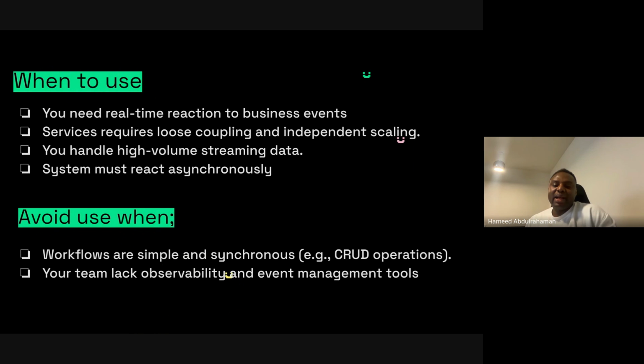So the last part is that the system must react asynchronously. When the system has to react asynchronously, you have to think about, okay, when this comes in, this would actually make this event happen. So when a user registers, you need to send a notification. These kinds of flows, which are non-blocking and don't need a blocking process, are very, very preferable for you to start thinking about using an event-driven system.